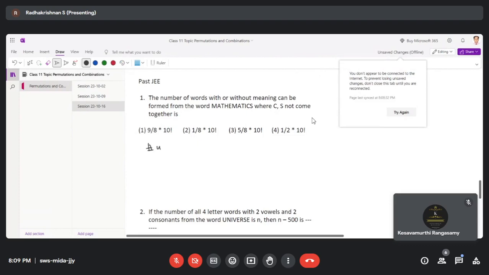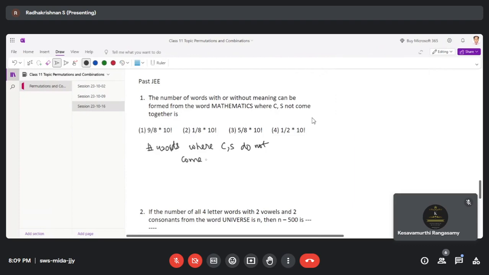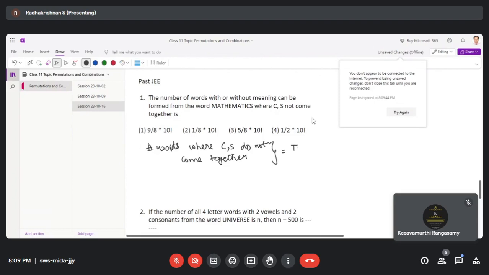The number of words where C, S do not come together is equal to the total number of words